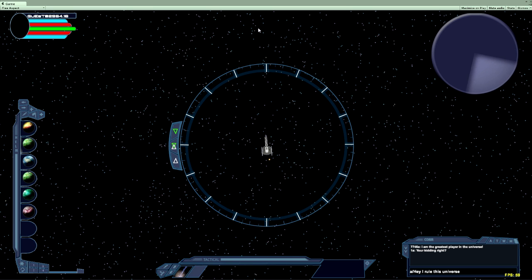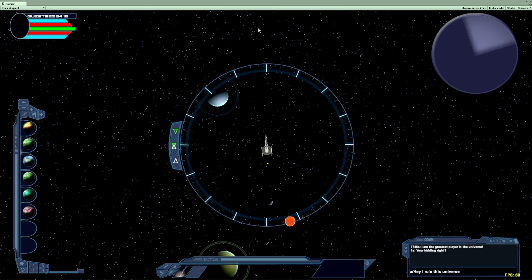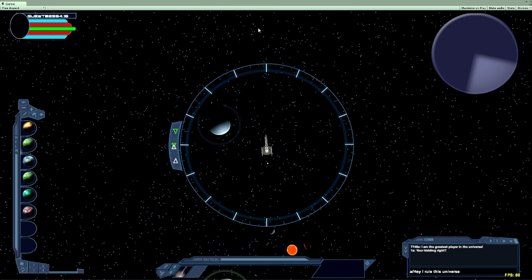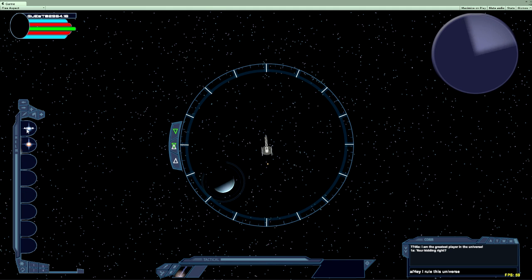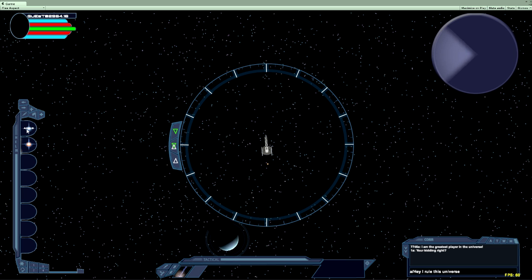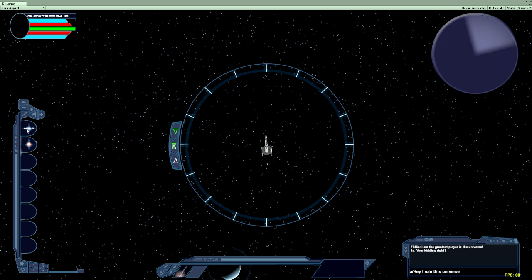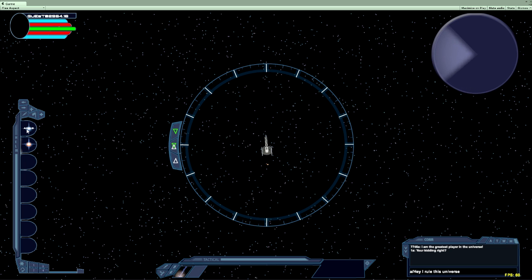So I'm going to right click up here. We're going to maneuver out and away from the planets and get out to where we can go into hyperspace. One of the questions was why did we go into the first system so fast and all the rest took a lot longer? One of the rules of the game allows us to have a slingshot out of the